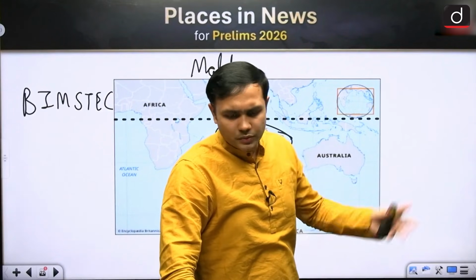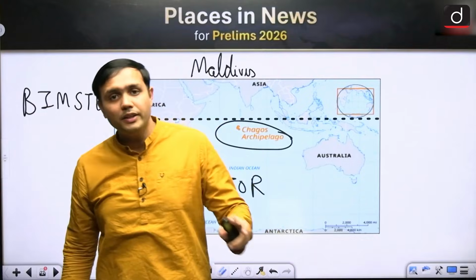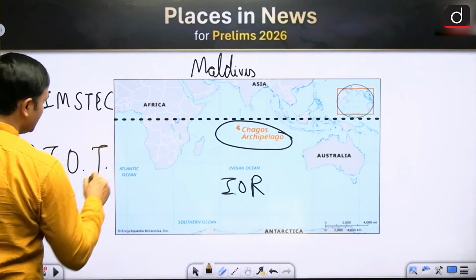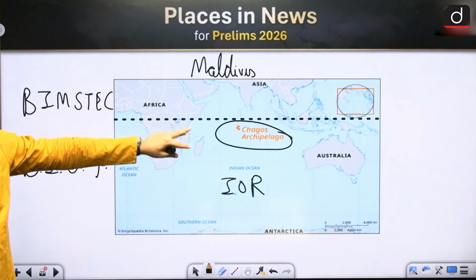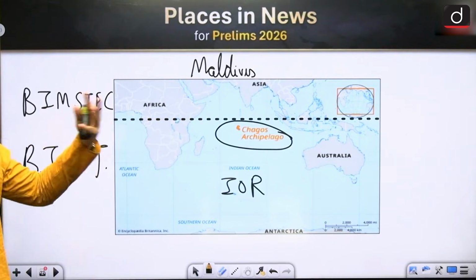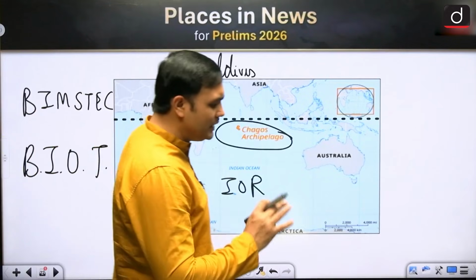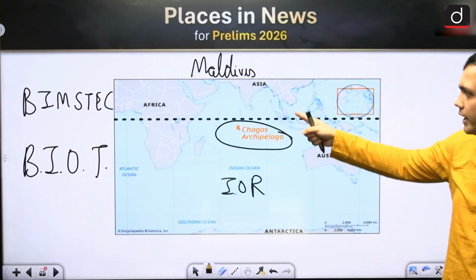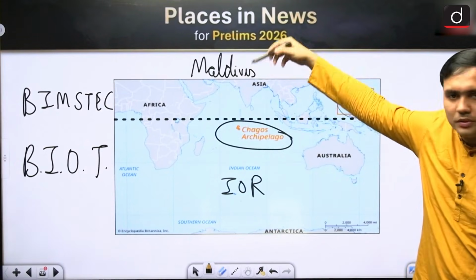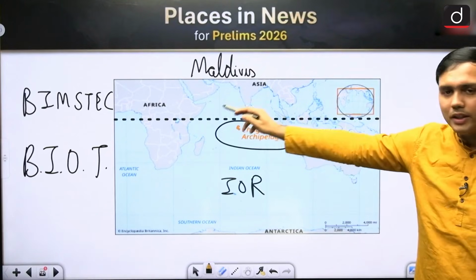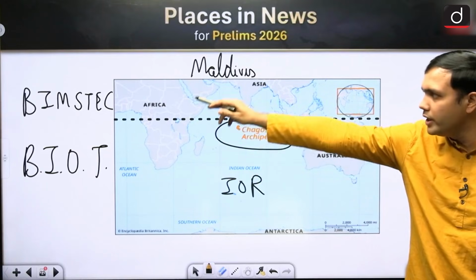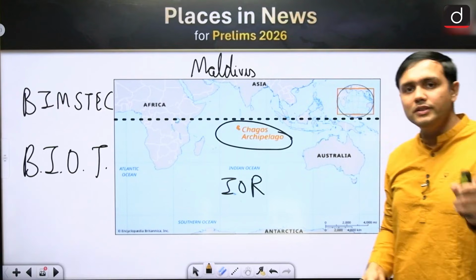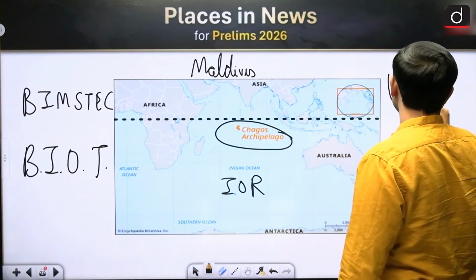And Diego Garcia, of course, is with respect to US and UK. Indo-Pacific region, British Indian Ocean Territory region. Which are the other islands associated with British Indian Ocean Territory? There are other aspects, but these are some really important things you can associate with this particular region. Where is it? It is in the Mauritius, just below Maldives, which is just below Lakshadweep, in the Indian Ocean. British Indian Ocean Territory. Which are the countries around it? Which is the country that is having its dispute? It is the United Kingdom's dispute.